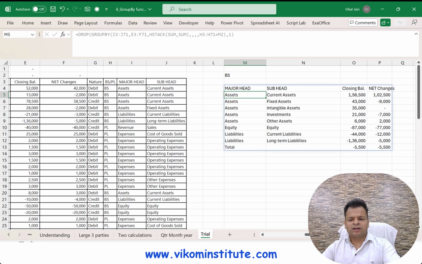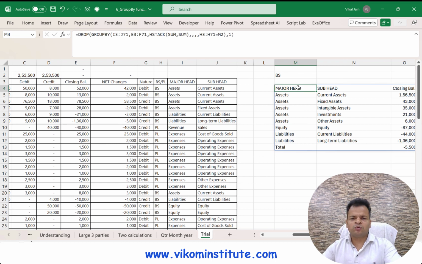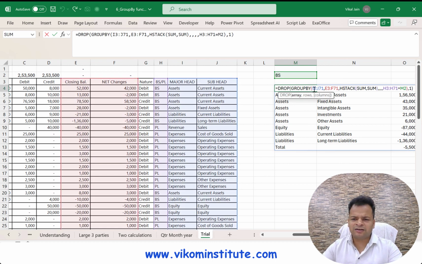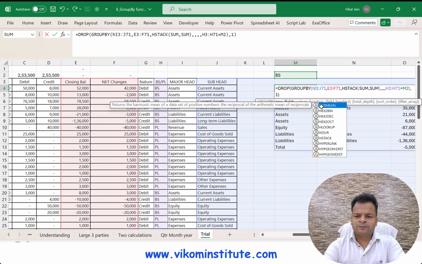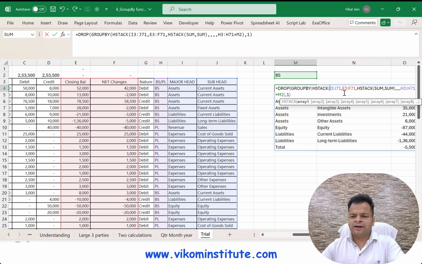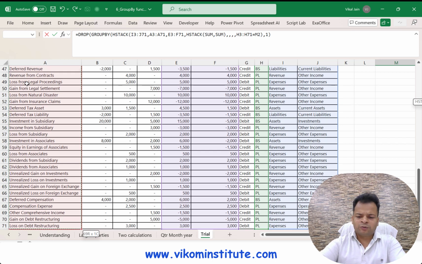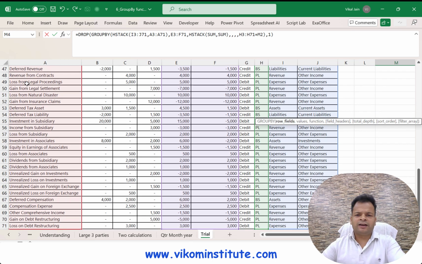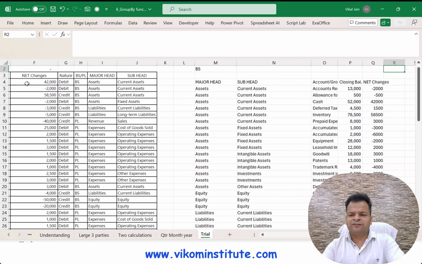Now if you want a header, let's say you want this account name also in this list, what you can do is use hstack once again here. So I'm using hstack, and here is the first array, and the second array would be this one. Close the parentheses and enter, and now this time your balance sheet would look like this.